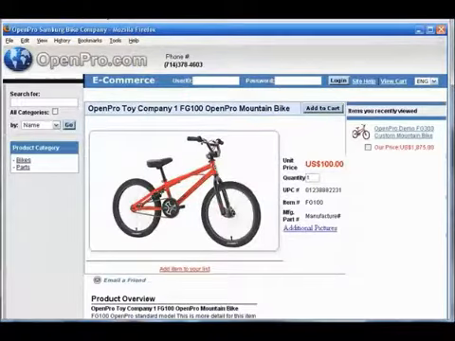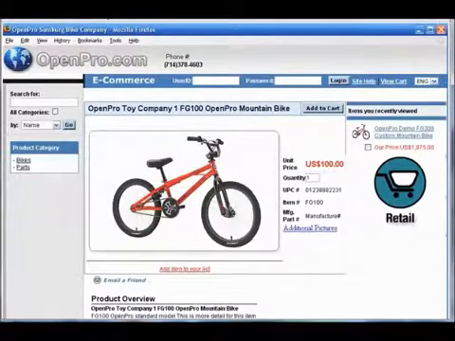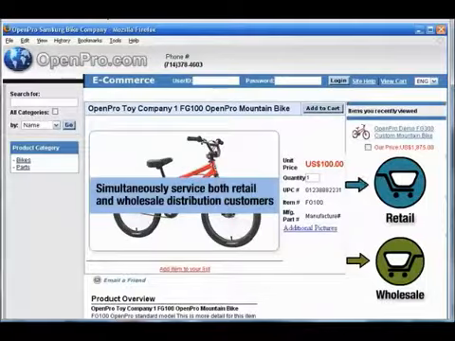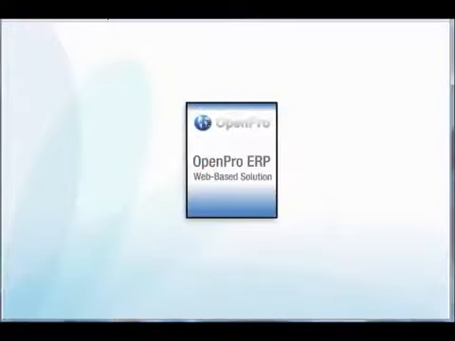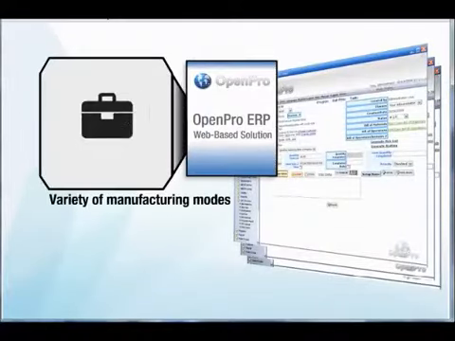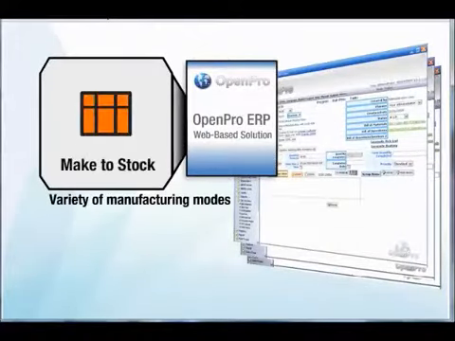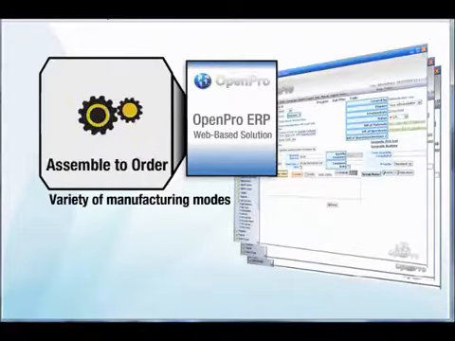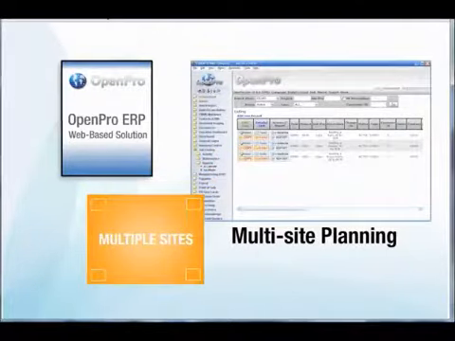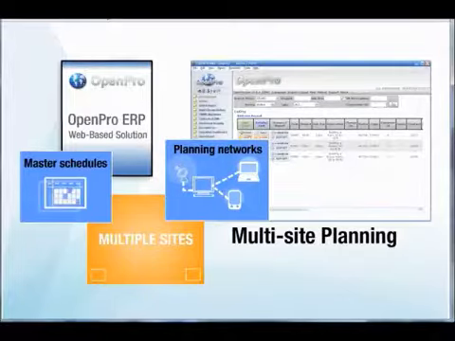CRM needs. For example, the OpenPro Integrated E-commerce Shopping Cart supports business-to-consumer and business-to-business applications, allowing you to simultaneously service both retail and wholesale distribution customers. OpenPro ERP software is an agile system that supports a variety of manufacturing modes and combinations, including make-to-stock, make-to-order, and assemble-to-order. OpenPro Multi-Site Planning manages materials and capacity planning over single or multiple sites using planning networks, master schedules, and